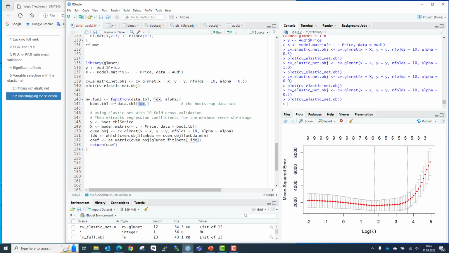Sample these rows from the original dataset and use it as bootstrap dataset number i, you could say. And then I create X and Y, and I do this cv.glmnet just as before, right? But now using this dataset. And now I get a minimum